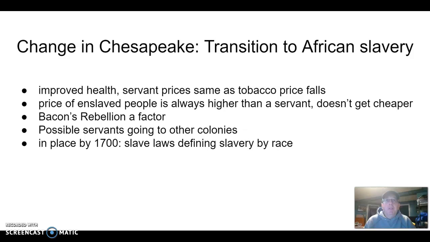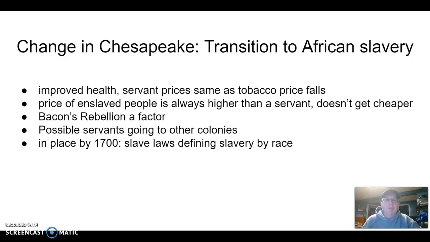A slave is a person, a non-Christian, with dark skin. That's how they're defining them. Slavery is defined through your mother, which is very self-serving because in English culture, everything was defined through your father, the son through the father. They're defining who is a slave through the mother. So this is what makes this different, and this is why it's such a big deal.